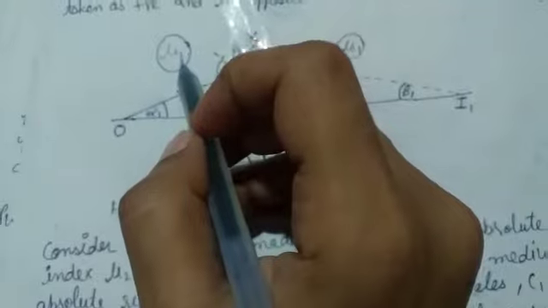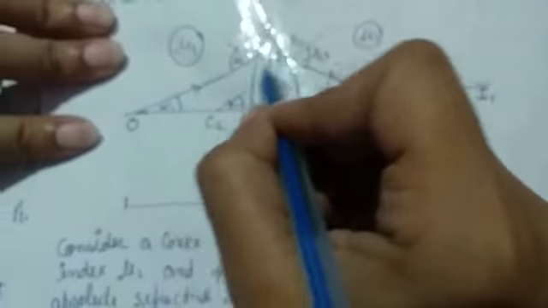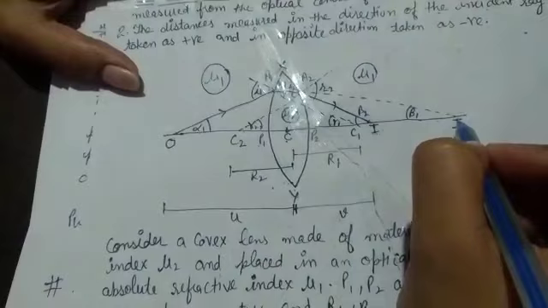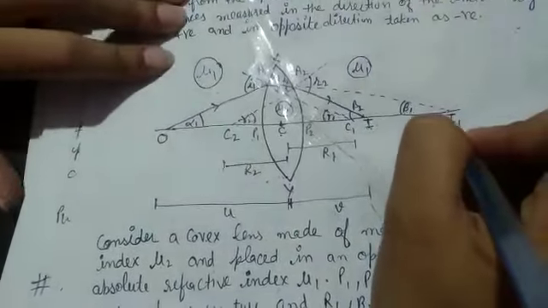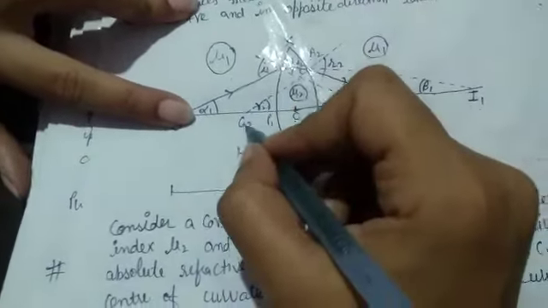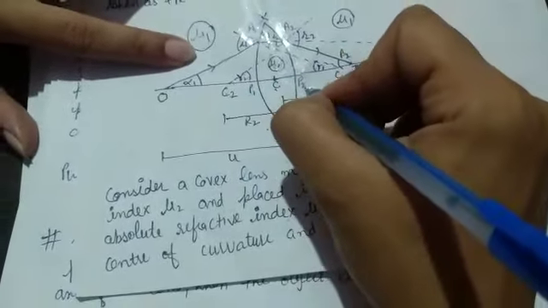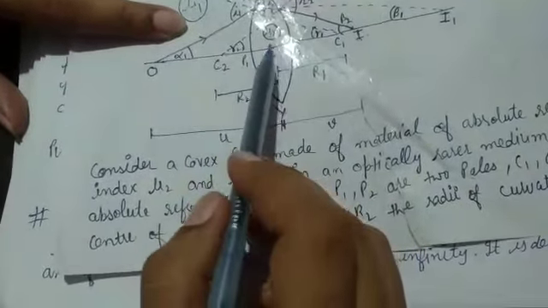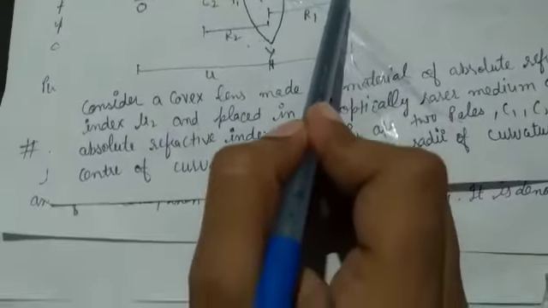Okay, so we have one medium mu1 and the second is mu2. With O we have an image formed, I, and there is another, in the second medium we also have an image I1 formed. Okay, so angles are formed, alpha 1. C1 and C2 are centers and C is the main optical center. P1 and P2 are poles, R1 and R2 are radii. U is the distance between center and object, and V is the distance from center to image.